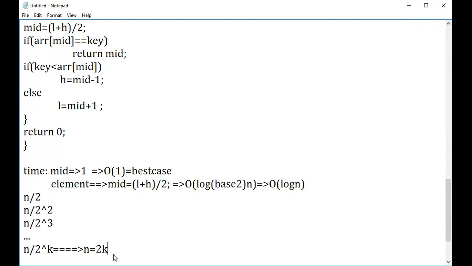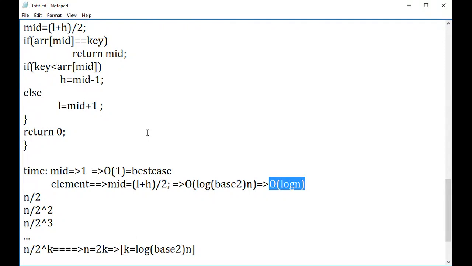If you want to calculate the termination condition, we are supposed to find the k value, so take log on both sides. You'll get k equals log base 2 of n. Guys, if you were present in the class session on loop calculation, you'll be aware of how to calculate this. If you have a loop which is sequentially dependent on division of a value, you'll get order big O of log n. This is the worst case time complexity for binary search. Clear?